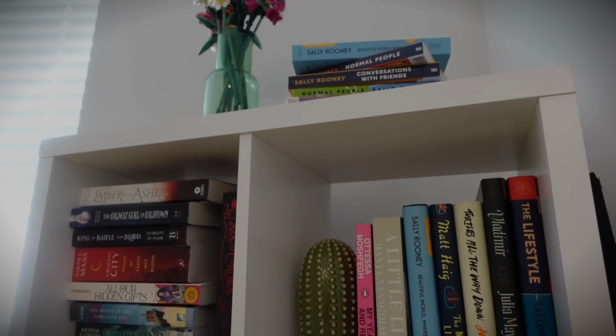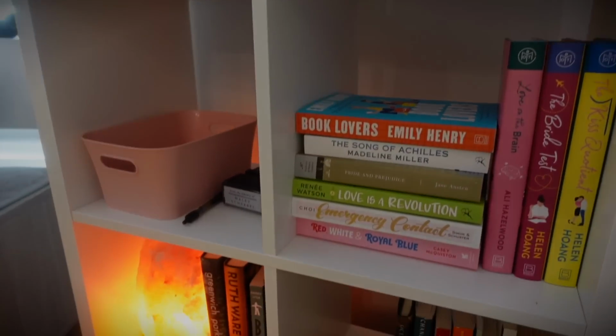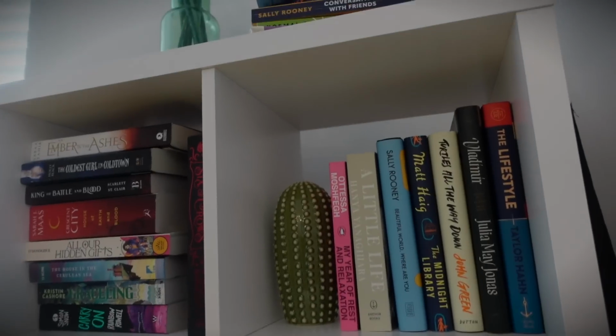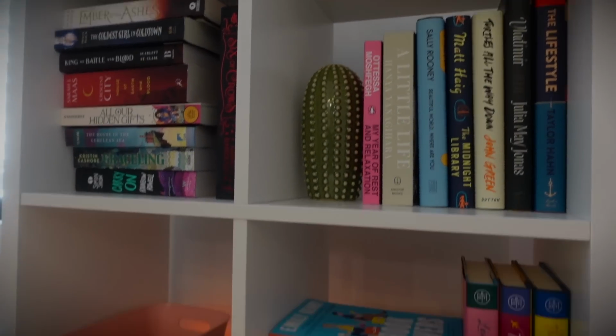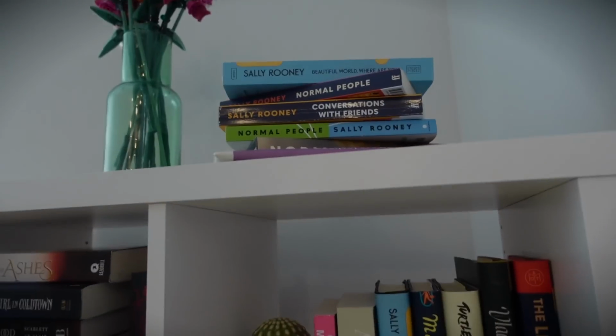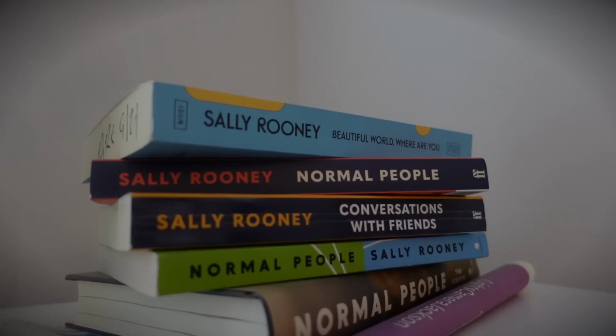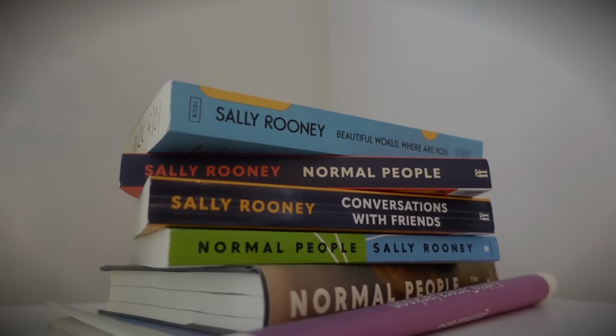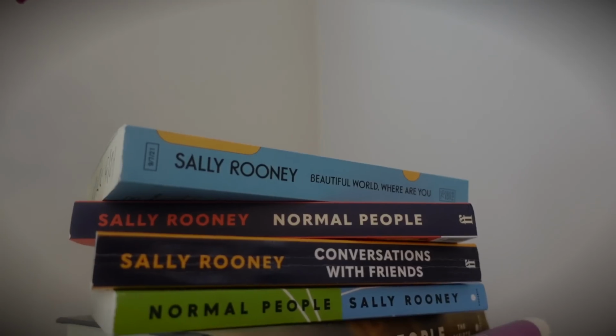Now we are moving on to this shelf right here. This is my TBR shelf. So every book that you see on here I have yet to read, except for the ones on the top, which we'll talk about. These are my Sally Rooney books. We have Beautiful World, Where Are You? In an ARC. We have Normal People,